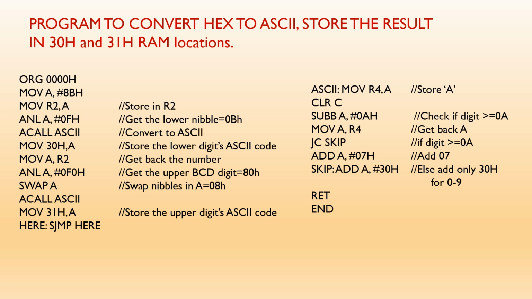The return address gets the control back to the next instruction following the call instruction, which is MOV 31H, A. For that instruction, it is the direct addressing mode. The content of A is stored into memory location 31H. We have used SJMP here just to stay in the loop, in case the monitor program does not exist in the microcontroller.